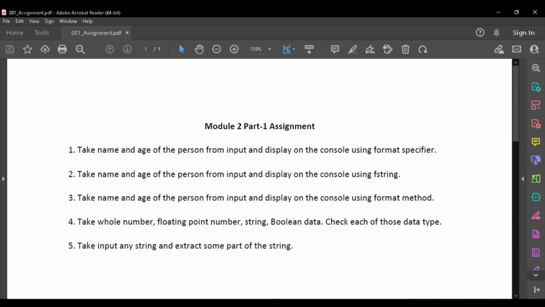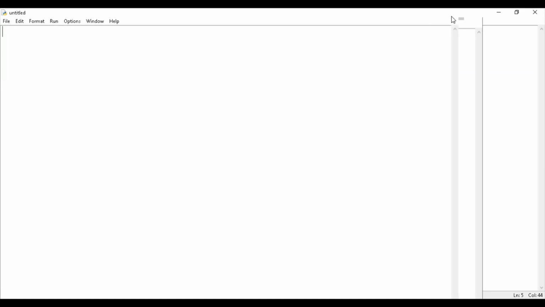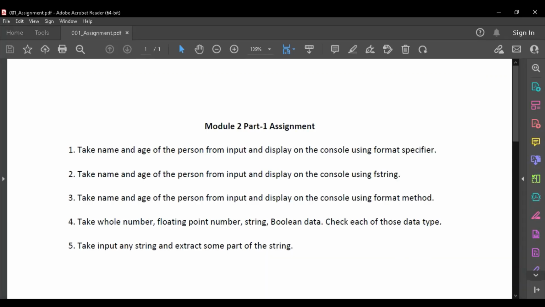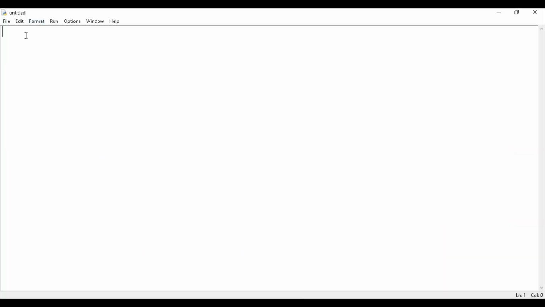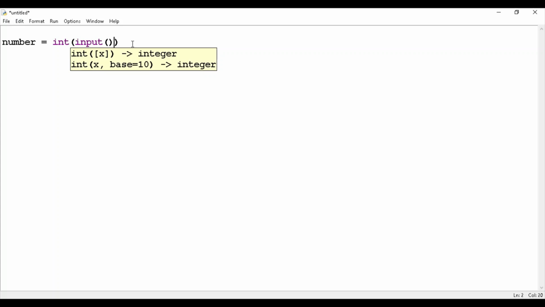So now this is the fourth question. I will create a new file. So what we have to take? Number. So we have to take here number is equal to, I am taking int, input I am taking. So otherwise, already we know here the data type.